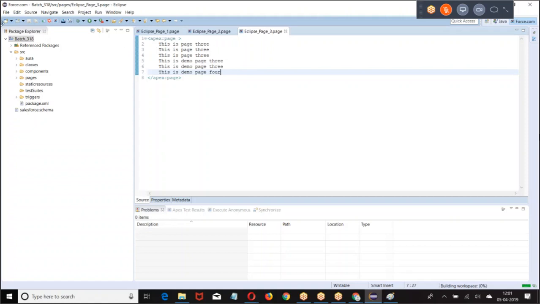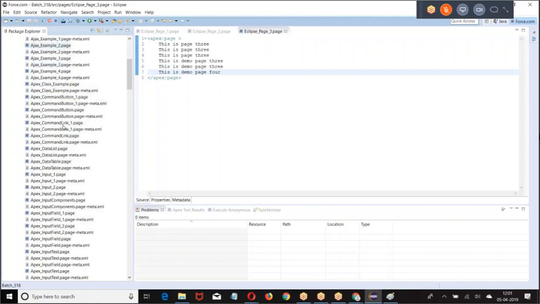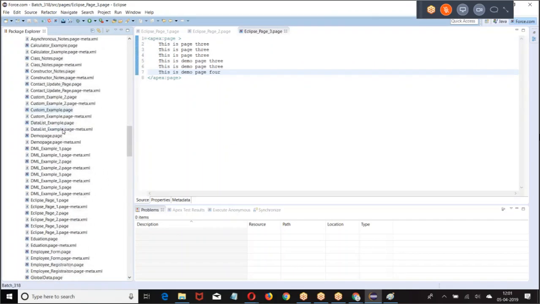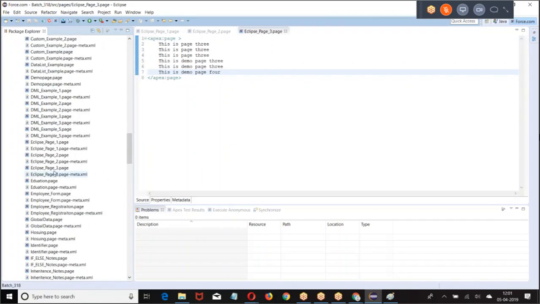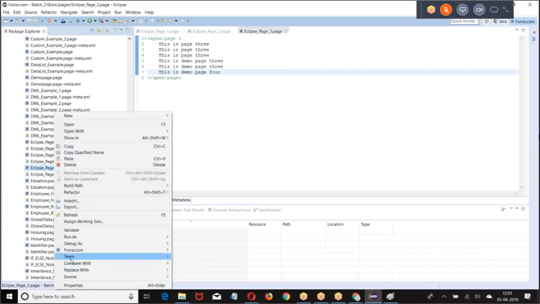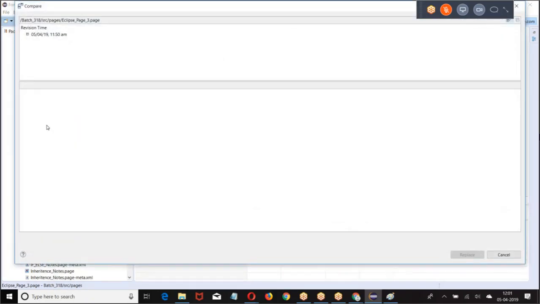Now, when you saved this, go back to the pages, go to the Eclipse, give a right click. Now here we are. Compare with or replace with local history. Now, how many copies we have? 10:50, the old copy is there.